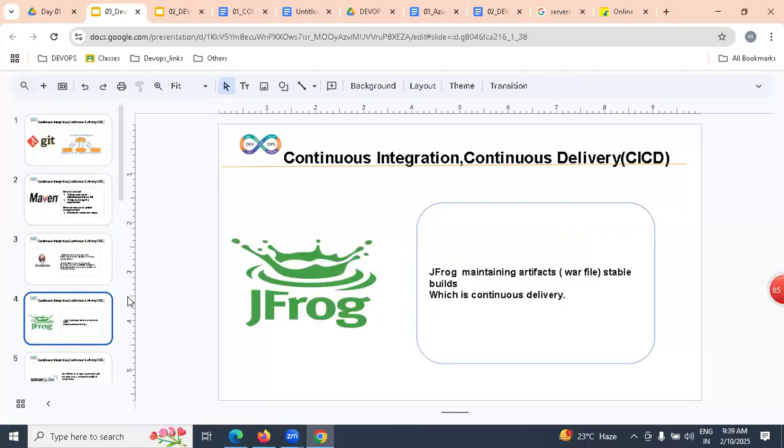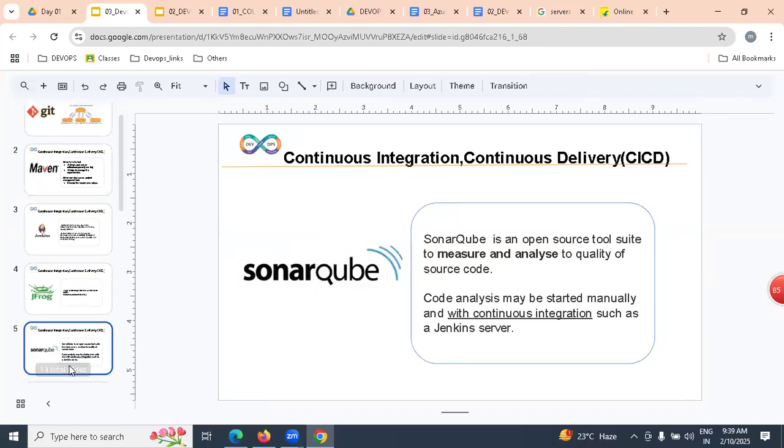The release is nothing but JFrog. JFrog is an artifactory. It can maintain stable builds, and we continuously deliver our working software as a WAR file into JFrog. We're also going to learn SonarQube. SonarQube is a code analyzer. With SonarQube, we can analyze and generate reports and statistics on how our developers are writing the code.